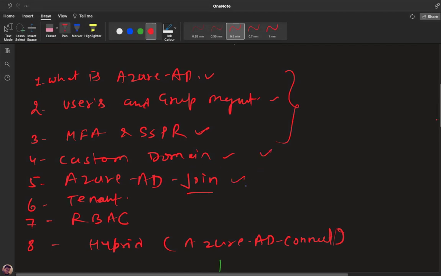really important option, a really important topic. So, any idea about the AD join or AD connect? Have you performed any task related to the AD join or AD connect? Like, if we have an existing user in our AD, and if you want them, instead of using their regular AD accounts, to move them to Azure, so that's where we use